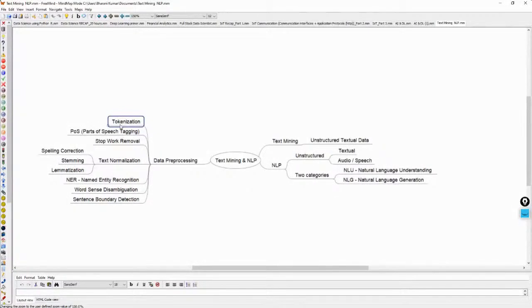And then we discussed a lot of pre-processing techniques. And then we have POS, parts of speech.